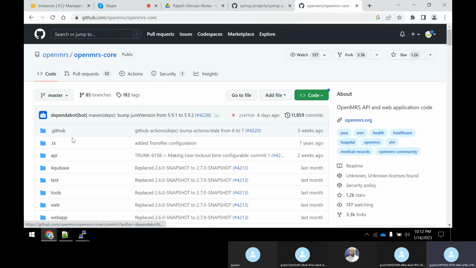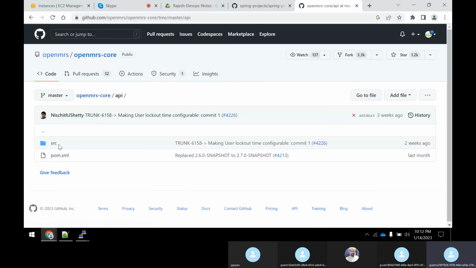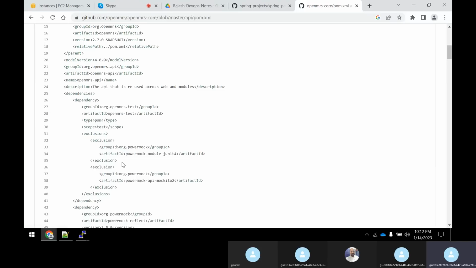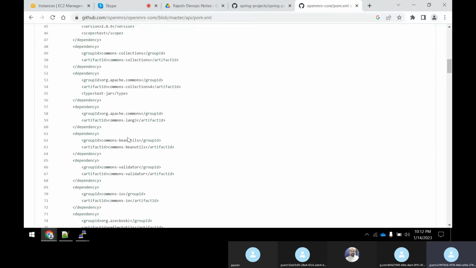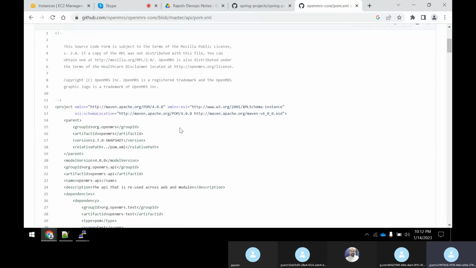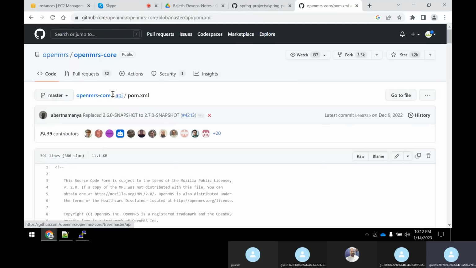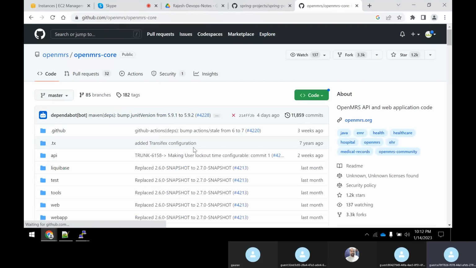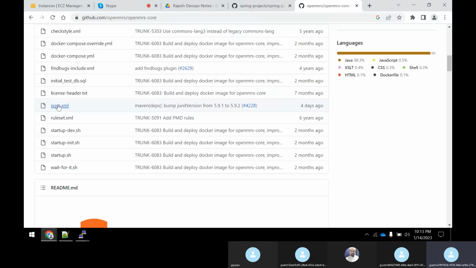Like for example, here API is there, right? Under API you might not need everything, you might need only few things. So in that case, you will mention a few things, but if you need many more things, then this pom.xml of this API can inherit some of the properties or some of the fields from the main pom.xml. So this main pom.xml is a parent pom actually, we say. So this is just a concept, guys. Okay. So if somebody asks, you should be able to tell.